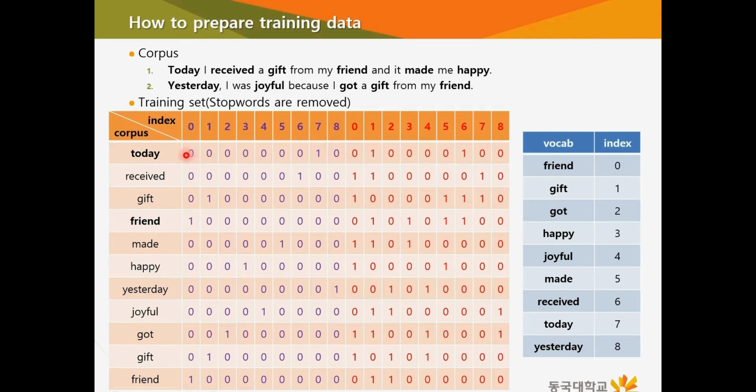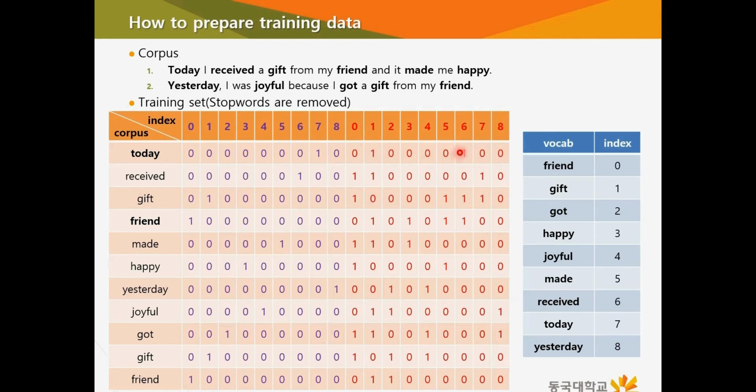And "today" being the central word, the neighboring words will be "received" and "gift". Let's look at the index of the word "received" in the vocabulary. It is at position 6. So you denote the training label position 6 as 1. And also, "gift" is at index 1. So you encode position 1 as 1. So the output labels are encoded as denoting position 1 as 1 and position 6 as 1, but